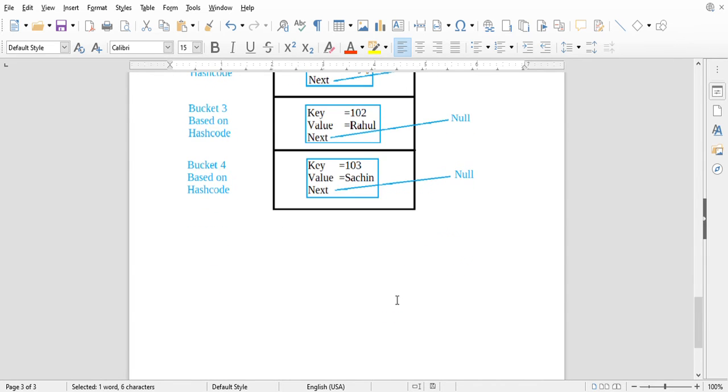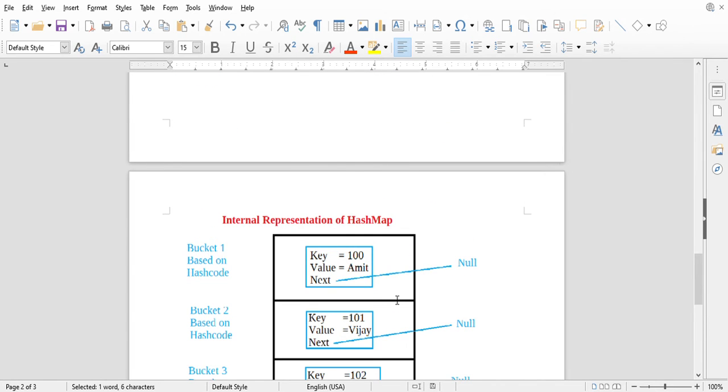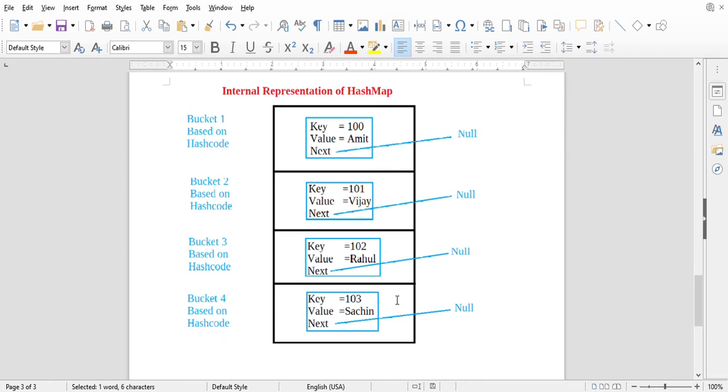So how does the HashMap look internally, right? What happens internally is, based on the hashCode method, you have to implement the hashCode method for the key. If you are writing your own key class, then you will have to implement the equals and hashCode methods. And internally, based on the hash code, the HashMap will put your object into the bucket for that hash code, right?